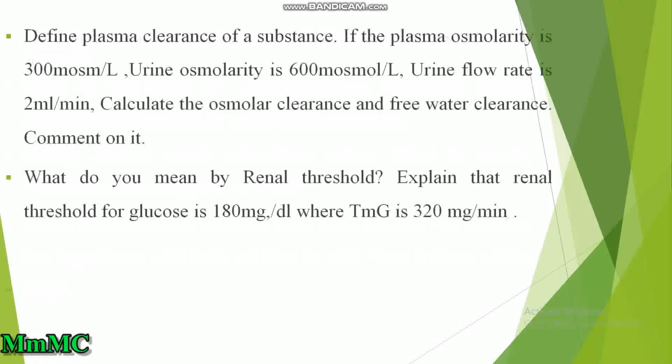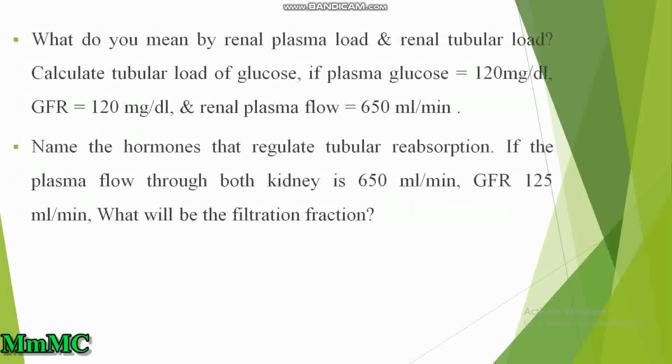If the plasma osmolarity is 300 milliosmol per liter, urine osmolarity is 600 milliosmol per liter, and urine flow is 2 ml per minute, then calculate the osmolar clearance and free water clearance and comment on it. What do you mean by renal threshold? Explain that renal threshold for glucose is 180 milligram per deciliter, whereas TMG, that is transport maximum for glucose, is 320 milligram per minute. What do you mean by